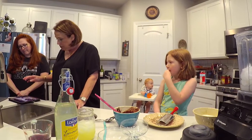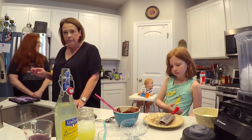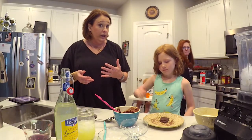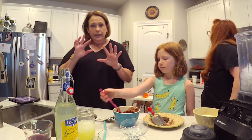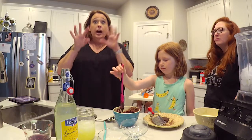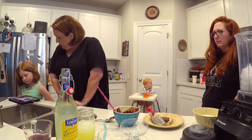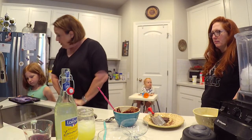We are making 2 fun summertime beverages that the kids can get their hands on and learn how to make, and might even help you level up, help you upgrade the lemonade stand for this summer, because I'm all here for these kids making a profit. So I'm going to wait to see when I see Reagan pop on, but we are talking